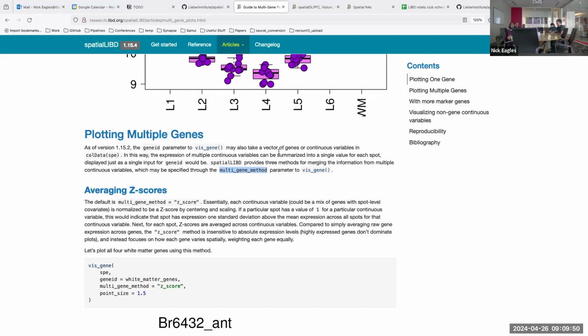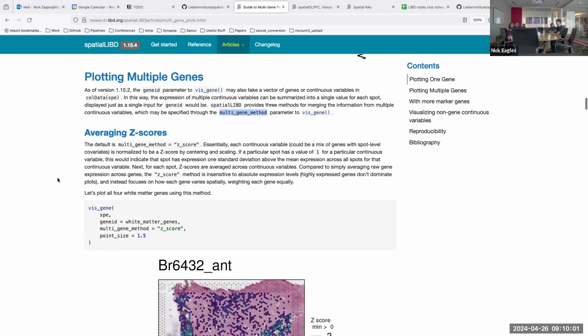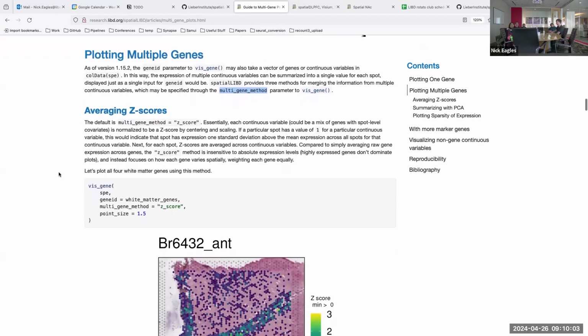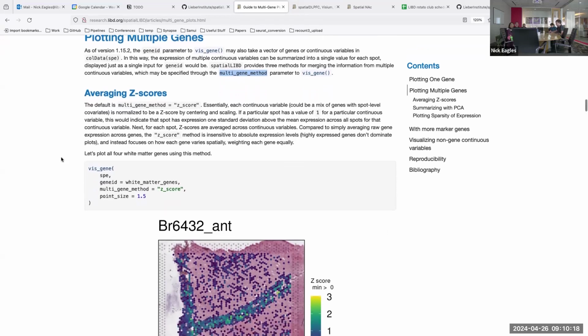That controls how the continuous features are combined when you provide more than one, and the default is called z-score. I'll describe the three methods and then you can make your own opinion about which one you think is the most theoretically reasonable. In terms of the z-score, the idea is that we're going to plot,